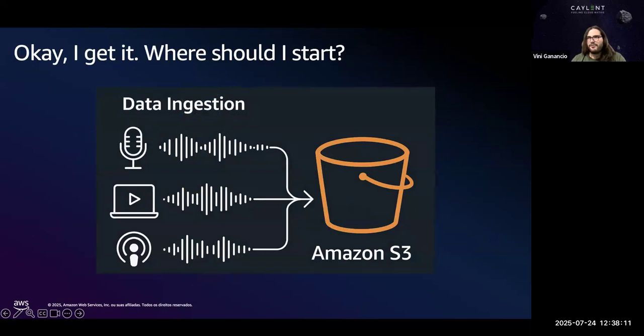Okay, I understand everything. Where should I start? The first thing I typically recommend to people is to get your data together. Imagine you need a central repository for this data. In this case, it can be S3, as I said previously. What makes the difference in your application is your internal data. It is very powerful. That's what is going to give you a competitive advantage